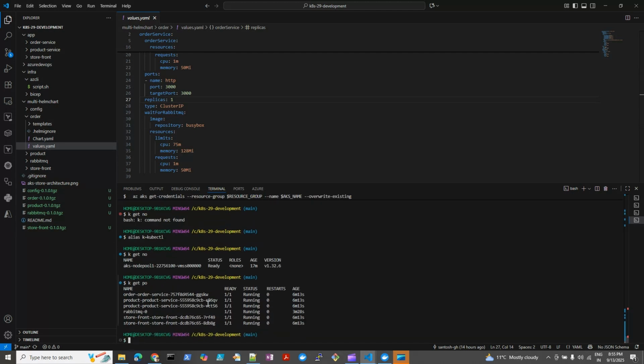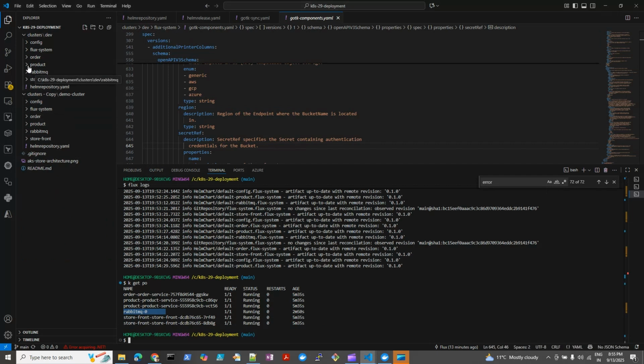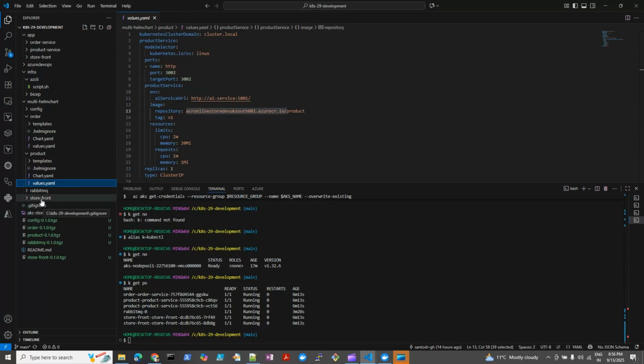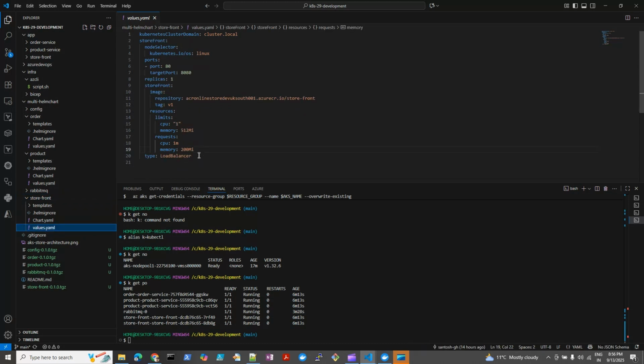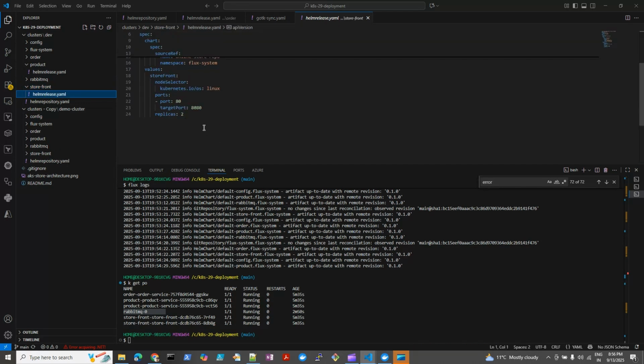Order is one, and if you go to product, per product it is 1, but we are overriding it here. If we go to this product Helm release, you can see we have overridden it here. Similarly, if we check storefront values, it is 1, but here it is storefront 2. That means it should be overridden here. Okay, you can see here storefront is 2. So it is taking whatever replica is mentioned there,